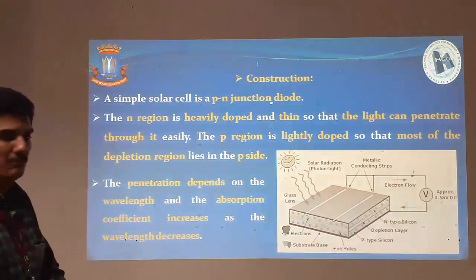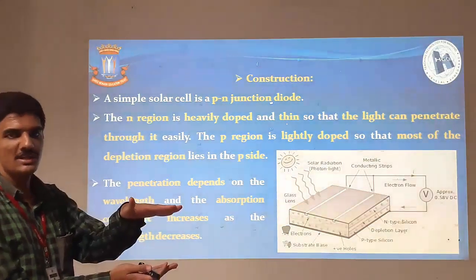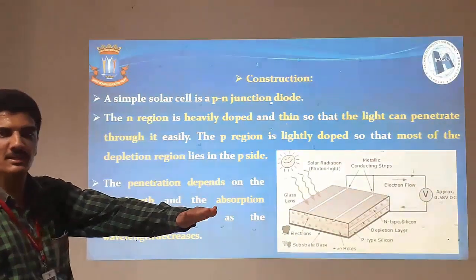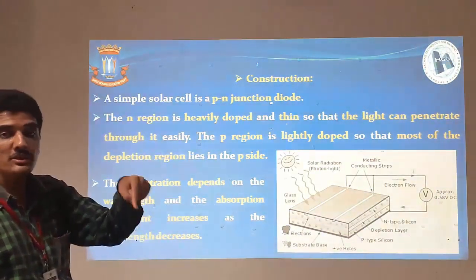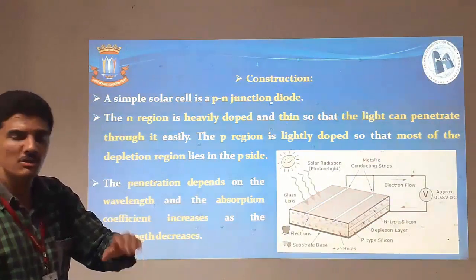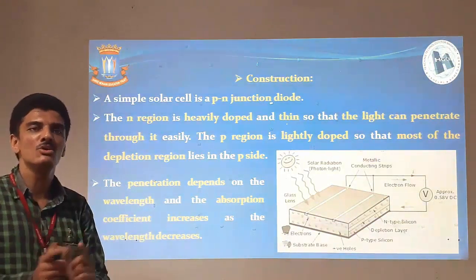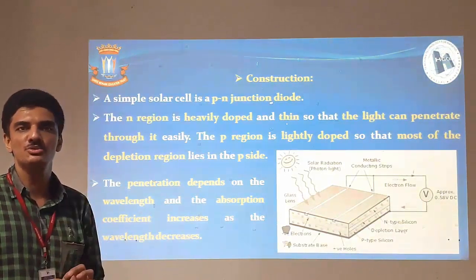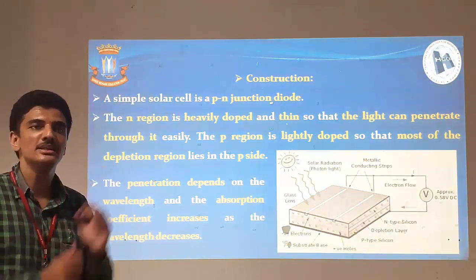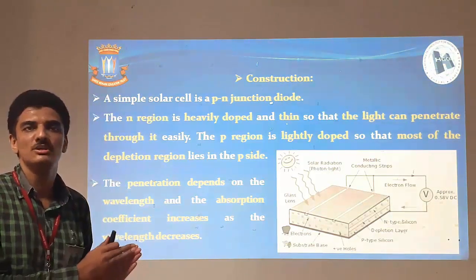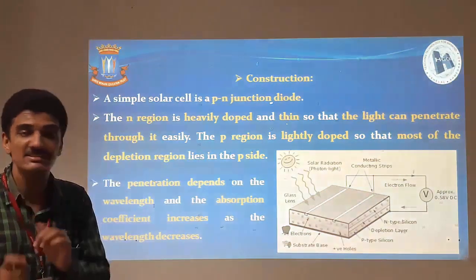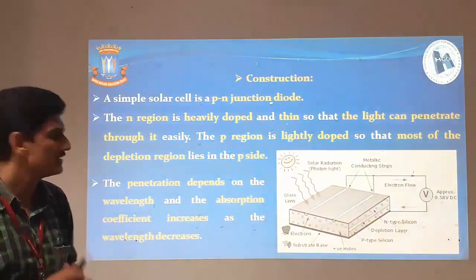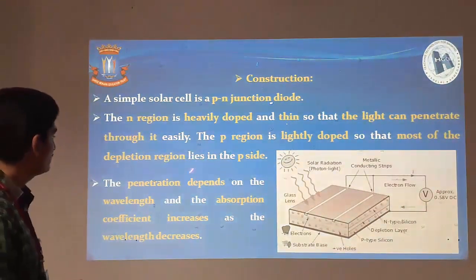Now, penetration means what? This is your solar cell. The light, the solar radiation will interact with the front panel, that is the N-type silicon. How deep the solar light or solar radiation can penetrate, that is your penetration depth. And according to the application usage of solar cell, you need the maximum penetration possible throughout the solar cell. So that is one scientific criterion which you need to maintain while you are fabricating the solar cell.